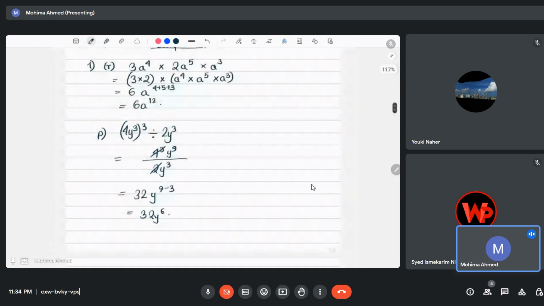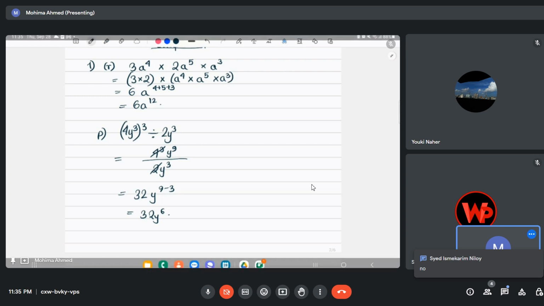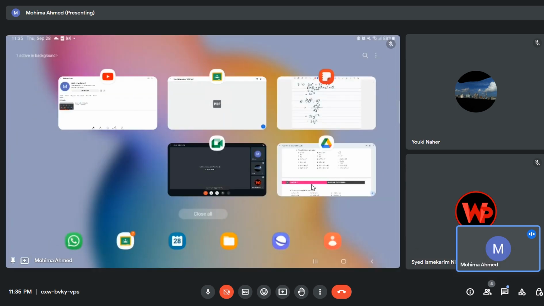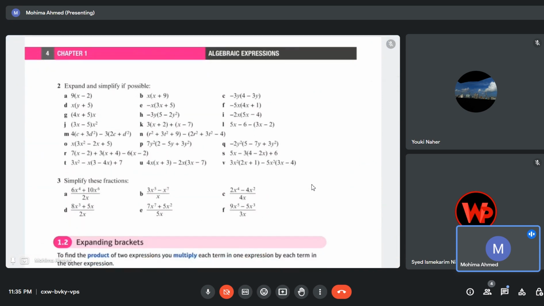So is there still any question from exercise 1, R and T? No, Apo. So we'll move to exercise 2 quickly. I'll give you some classworks, but not from these easy exercises. Okay, so we'll move to